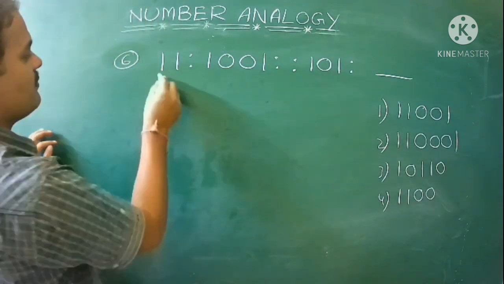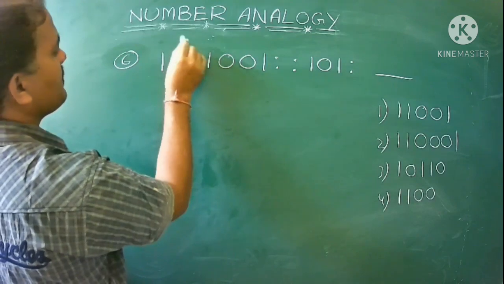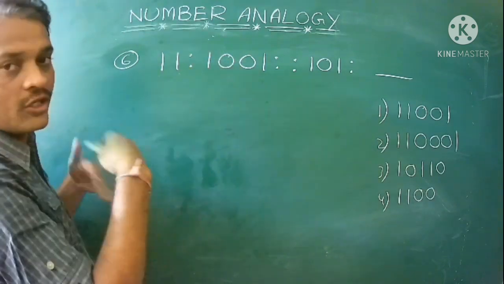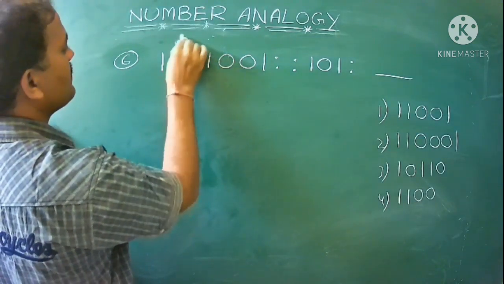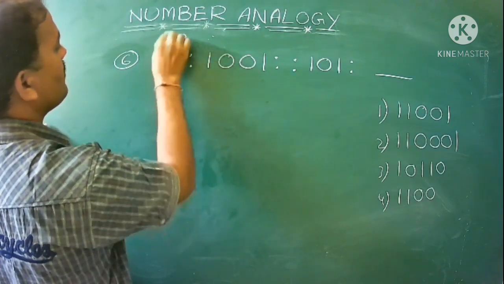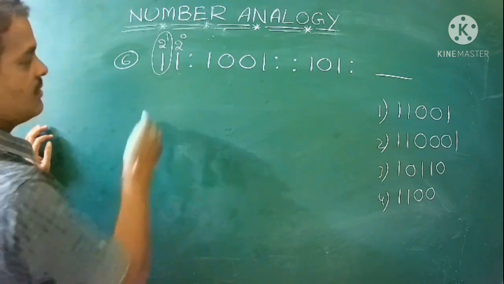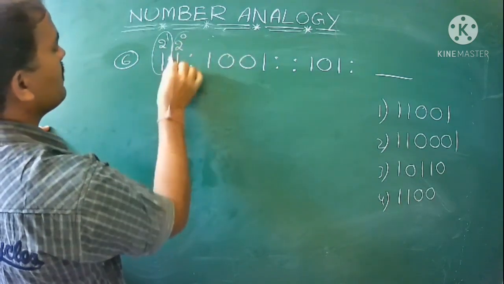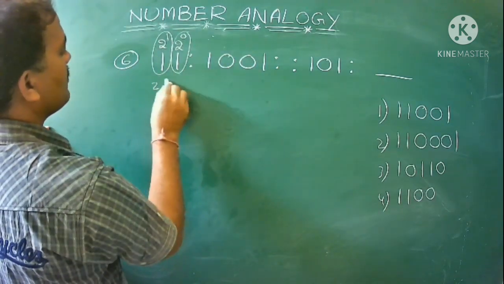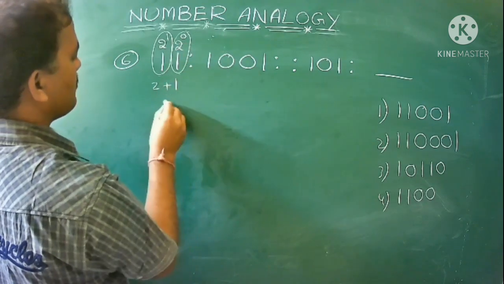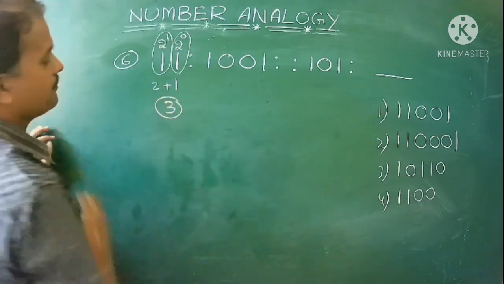Okay. So first of all, if it is 1 1, first change this binary into numerical values: in the unit digit take 2 power of 0 and 2 power of 1. 2 power of 1 into 1, how much? That is nothing but 2. 2 power of 0 is nothing but 1. 1 into 1 is 1. So then that value will become 3.